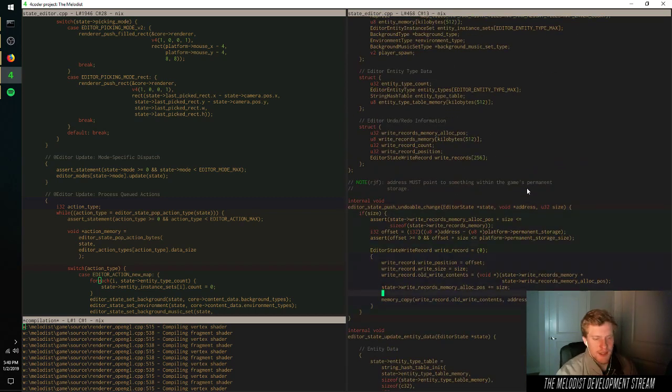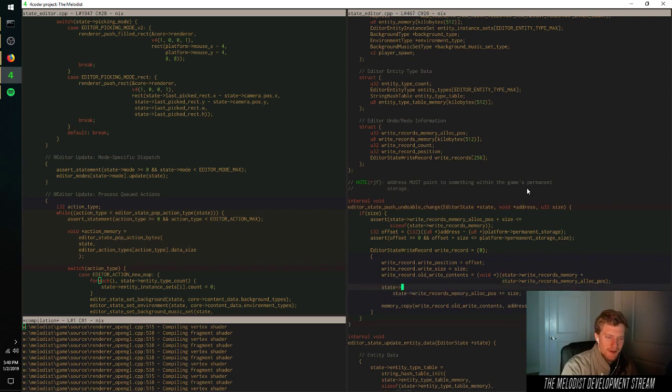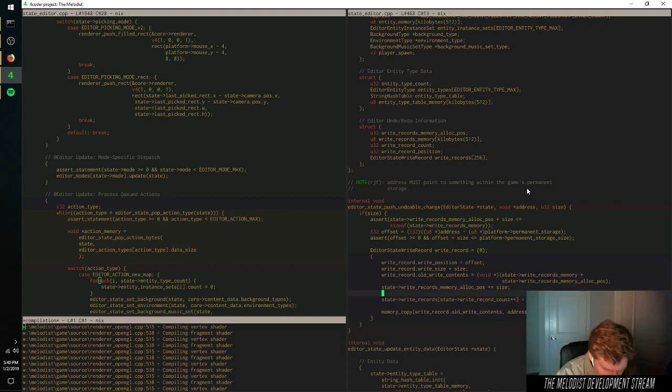When we do this, we need to, well, actually, something right off the bat, we do need to make sure that we actually store this in the right records buffer. But we also want to say, we want to ensure that whatever the last change is